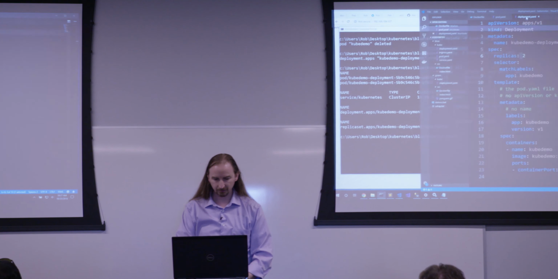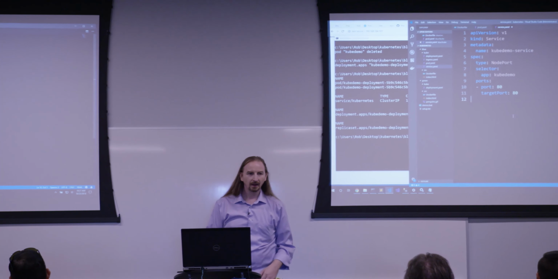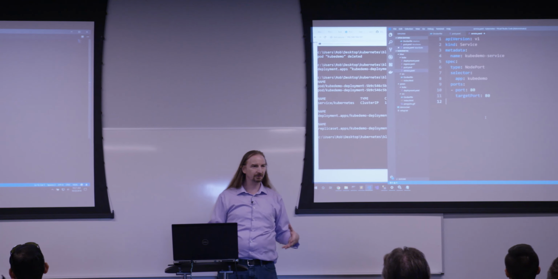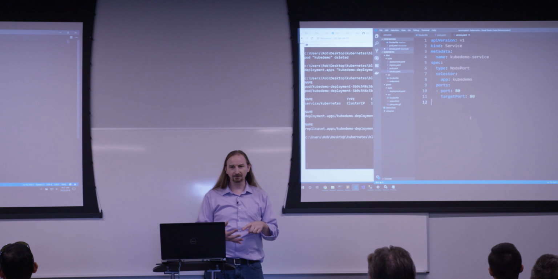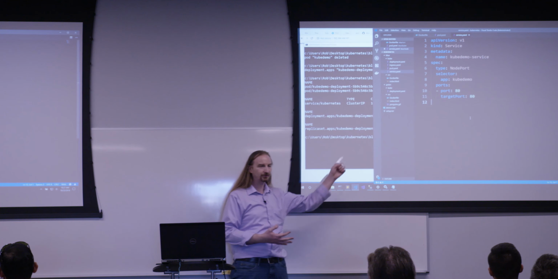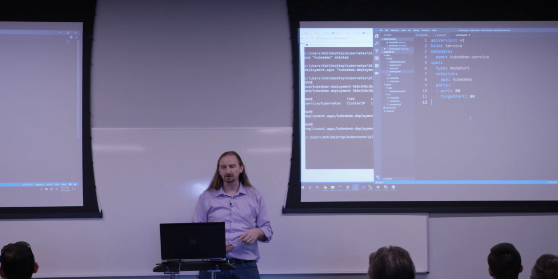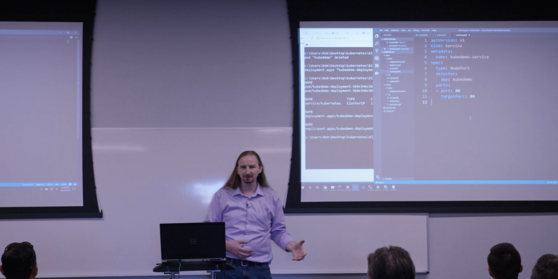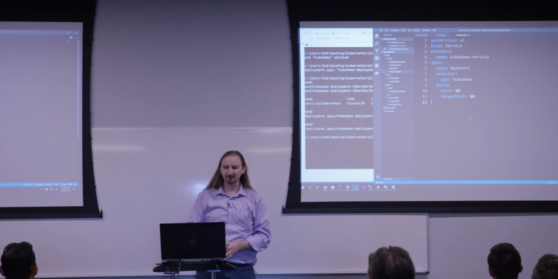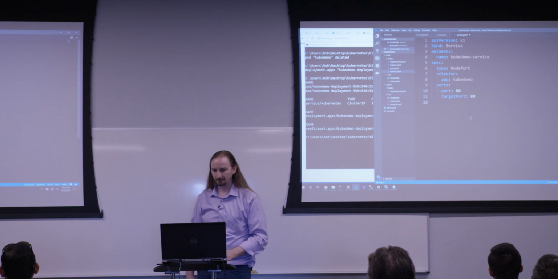Let's pull up a service. Now, this service is of type node port. And the node port being a superset of a cluster IP, I have the port, the cluster IP port. I have the node port, which I haven't defined here. And I have the target port, where I want to route traffic into. I don't like defining port here because I don't care about the cluster IP port. But it's a required field in services, so here it is. But I want Kubernetes to auto-assign that port to me.